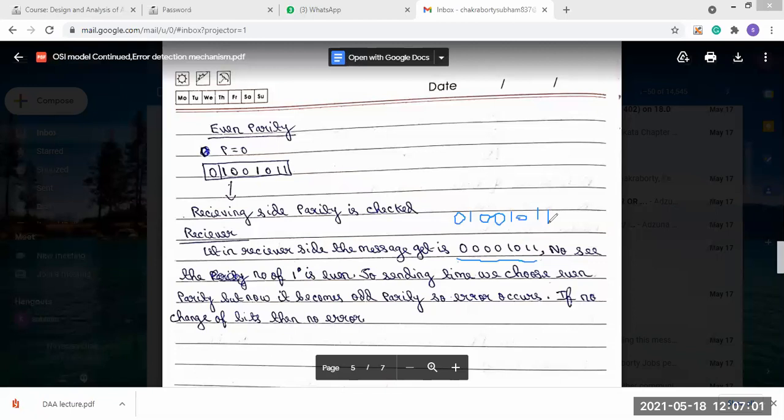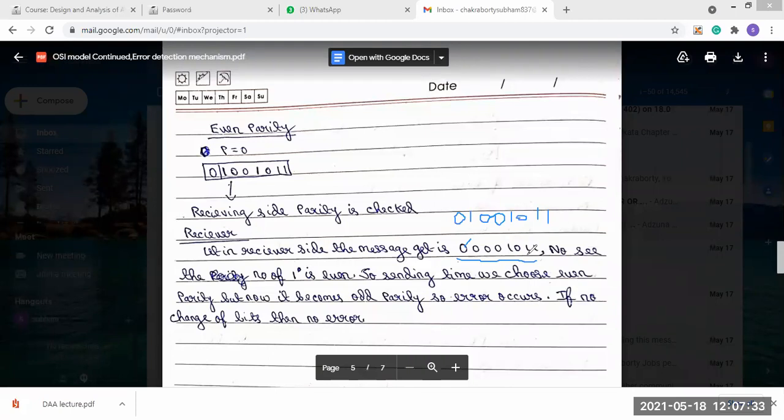So that's why the message was correct when sent. But on the receiving side, the message received is 0001011, and the parity bit is 0. But what should the parity bit be if the message looks like this, 1011? That means three ones are present.